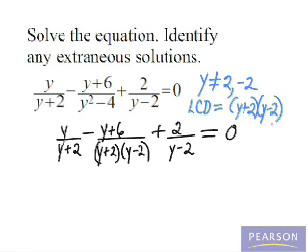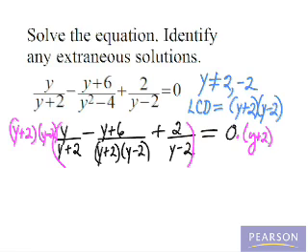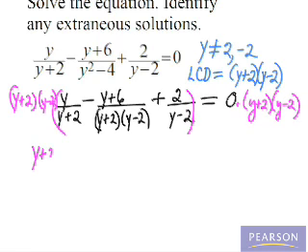We're going to multiply both sides of the equation by the least common denominator. So we're going to multiply this part of the equation by y plus 2 times y minus 2, and this by y plus 2 times y minus 2. We now distribute the y plus 2, y minus 2, and then divide out the common factors. So distributing the y plus 2, y minus 2 through the parentheses, we have y plus 2, y minus 2 times